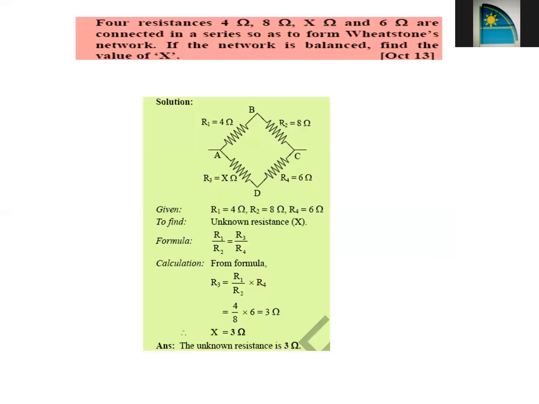Next variety of questions we come across, these are very important, are based upon the Wheatstone bridge. Wheatstone bridge is in turn an application of Kirchhoff's law. There are two Kirchhoff's laws which we have learned. First one is called law of junction: total current entering into the junction is equal to total current leaving the junction. Second one is called loop law, in which we can say that if we take any enclosed path, then total potential drop across that path will be equal to total current multiplied by total resistance.